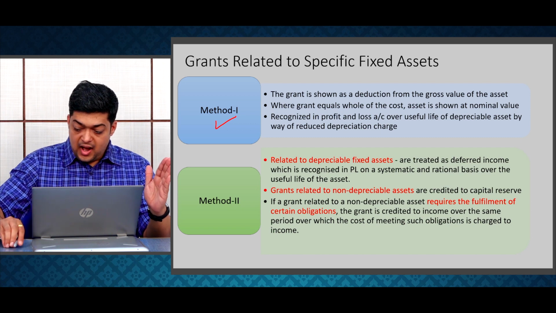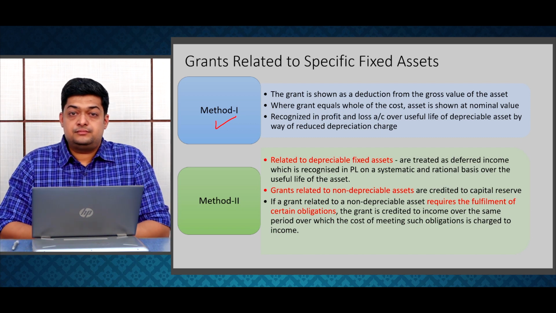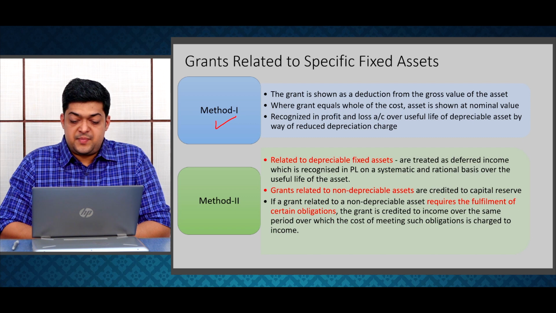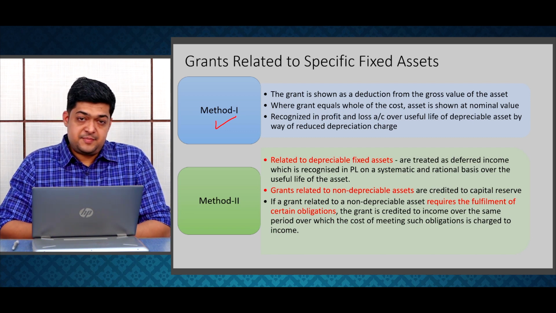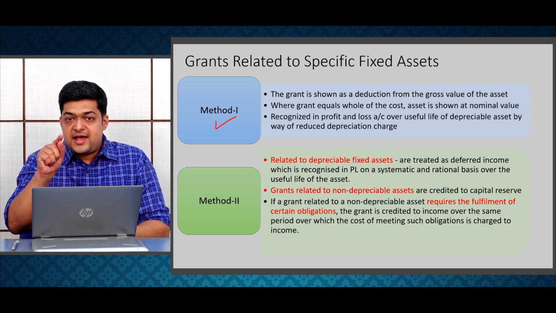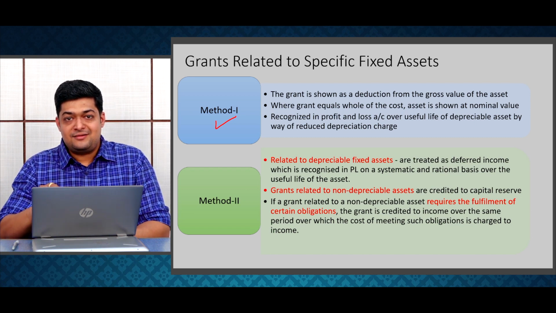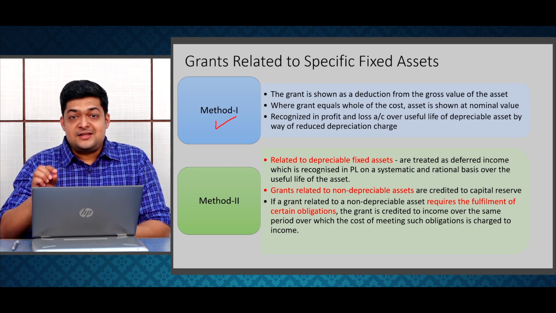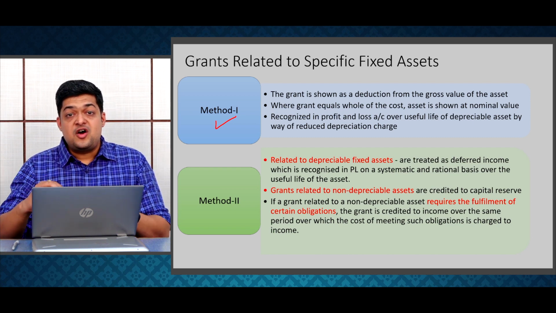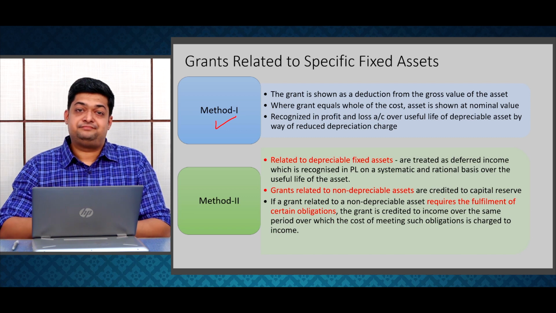Now, what is the impact on the profit and loss account? If it's a depreciable asset, what is its impact on the profit and loss account? If it's a non-depreciable asset, anyway it doesn't have any impact. You have recognized the asset itself at value after deducting grant. But if it's a depreciable asset, what will happen is, since your carrying amount is reduced by the amount of grant, subsequently your depreciation charge over the years will also reduce. So automatically this grant ultimately gets recognized in the profit and loss account by way of reduced depreciation charge.